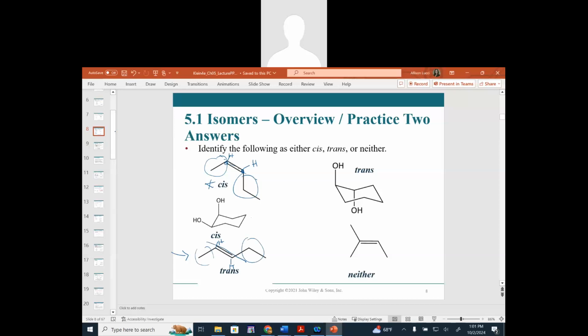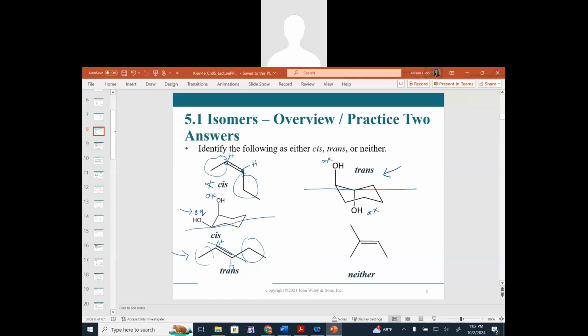In this middle structure here, if we were to draw the plane to separate above and below the ring, we would see that even though this substituent's in an axial position and this one's in an equatorial position, they're still on the same side of the ring. So this we will call cis as well. This guy up here, this will be a trans orientation. So if we were to draw our dividing line between the top and the bottom of the ring, we would see that both of these are in axial positions and one's on the top of the ring, one's